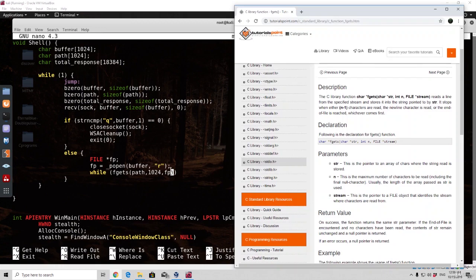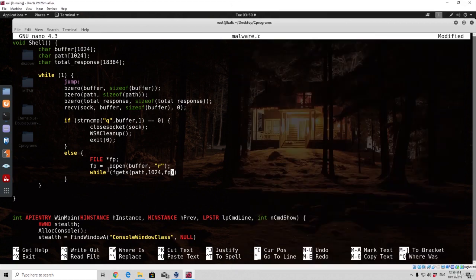And the last one in our case, which is fp, or the stream, is the pointer to a file object that identifies the stream where characters are read from. So this is the pointer to this file object where we executed the actual popen command, and therefore we are reading its result. So while fgets gets 1024 bytes from the fp stream is not equal to NULL,